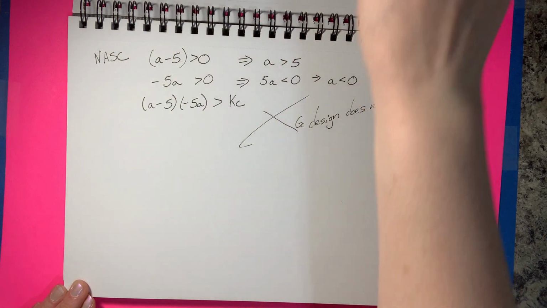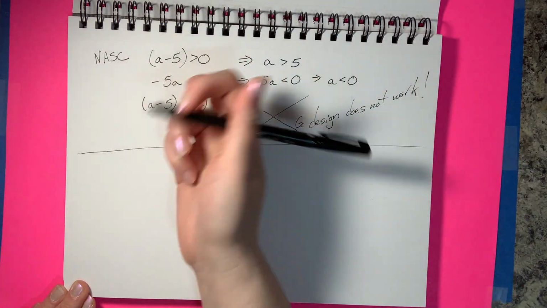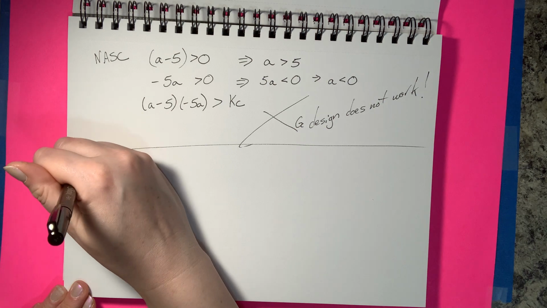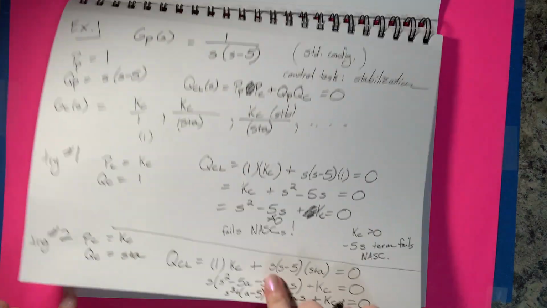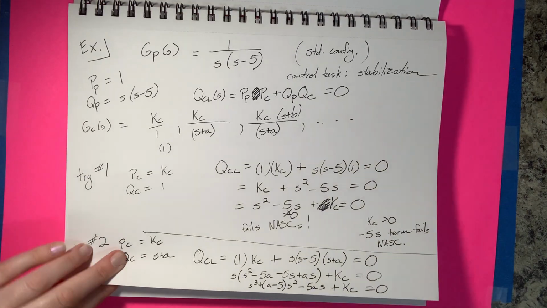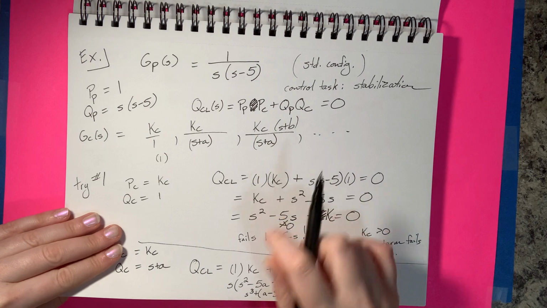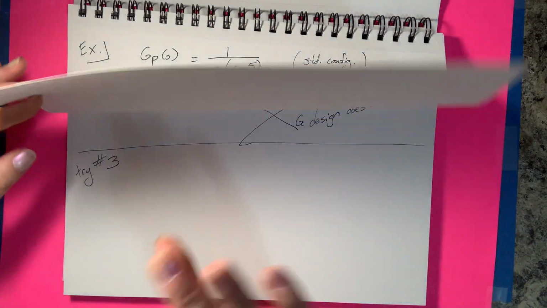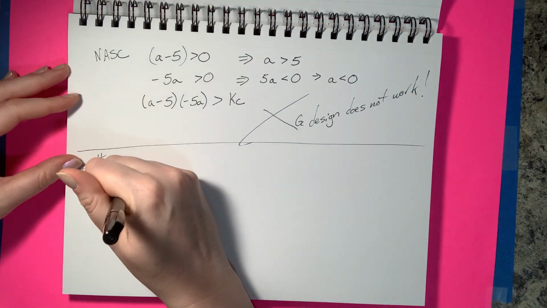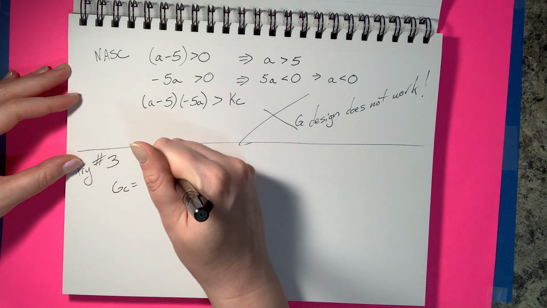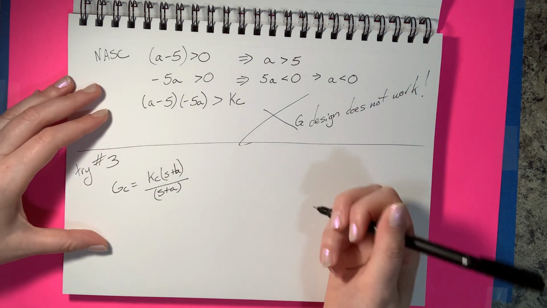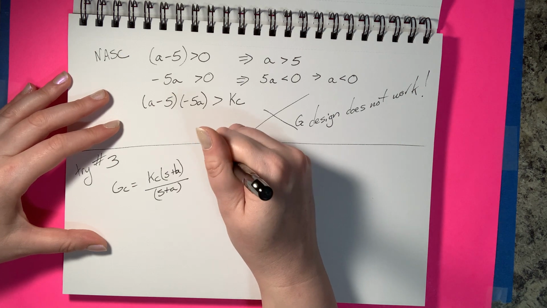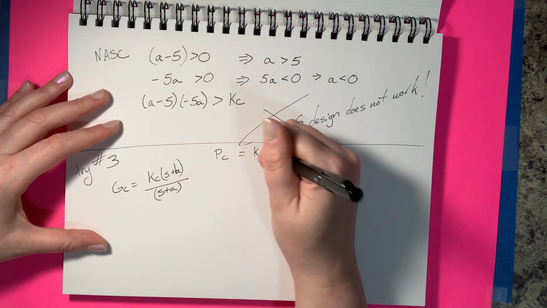So that means that we're going to have to step up the complexity to our third trial design. For number 3, we're going to have Kc times S plus B over S plus A. We'll just write it out here. So that means that our P sub C is equal to Kc times S